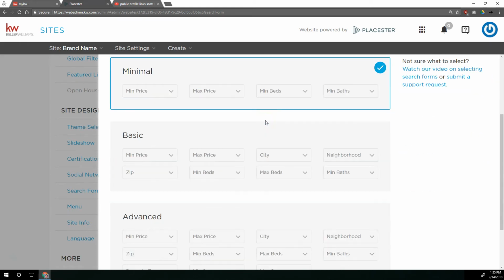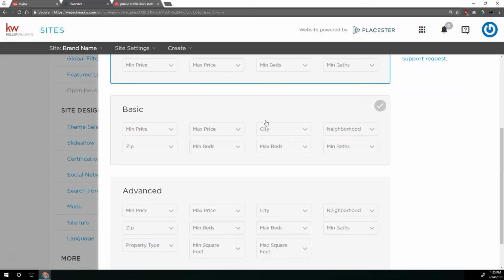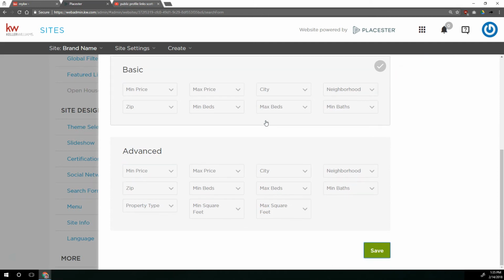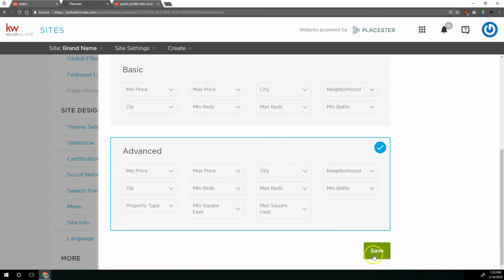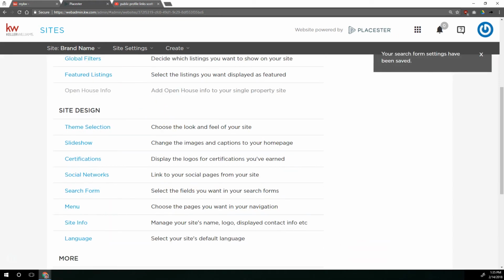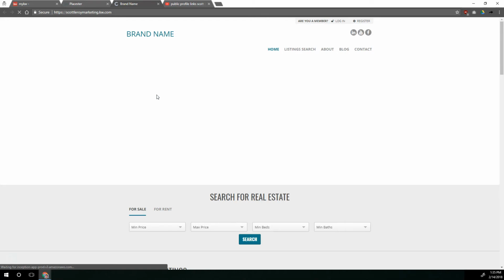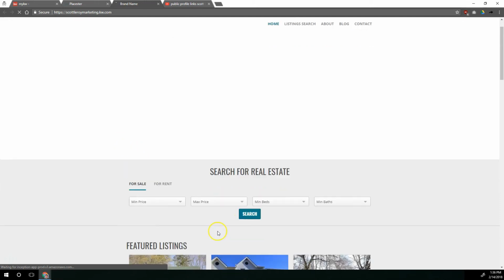And what we're selecting on this page is how many additional drop-downs we want people to have access to once they perform the initial search on the home page. So I'm just going to do advanced here to show you what that looks like. And if I come back and view live site,